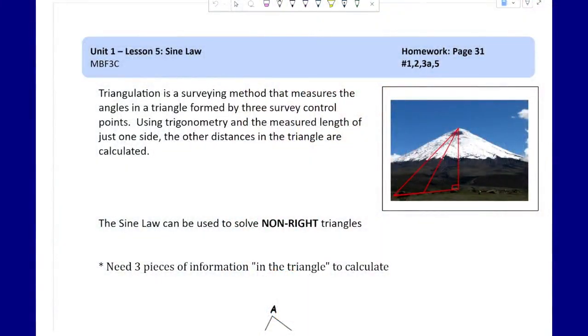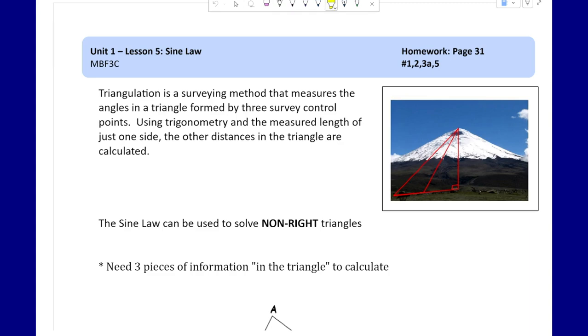In today's lesson, we are going to be looking at the sine law. So this is a possibly new concept, depending on what course you came from in grade 10. But this is what we can use, or one of the things that we can use when we're dealing with